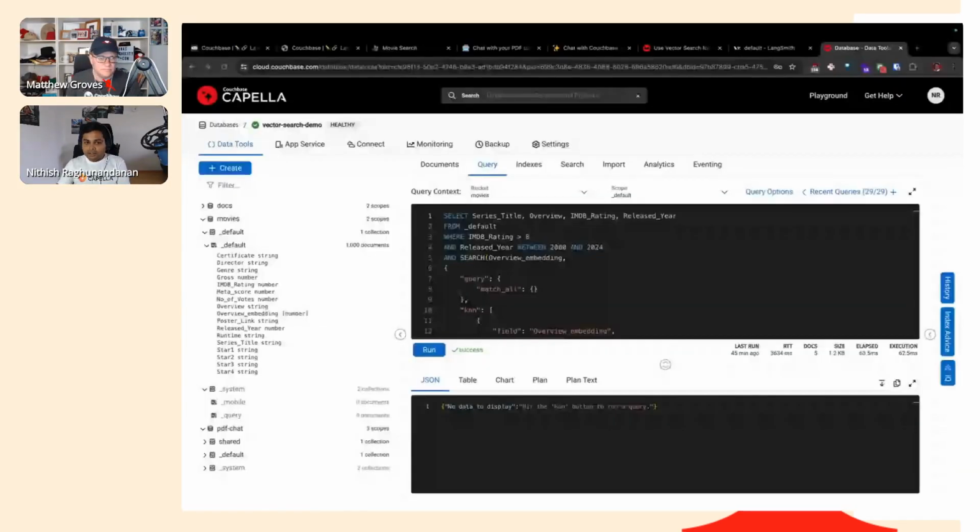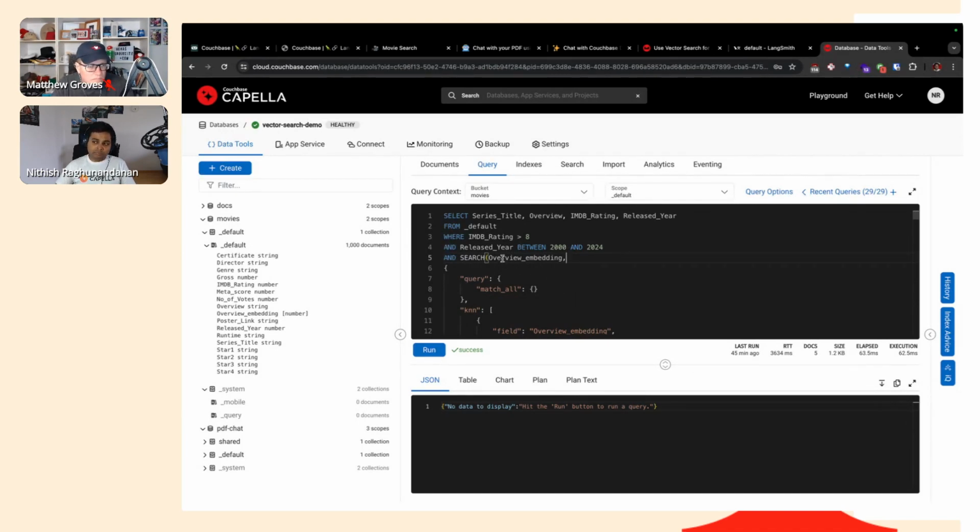Yeah. To start with, I can show you what you just showed earlier in action. This is using vector search as part of your SQL++ query. You have all the usual SQL++ constructs, like searching for IMDb rating greater than 8, for example, and then a release year, like released this century. And you have your normal search, which is your full text search.